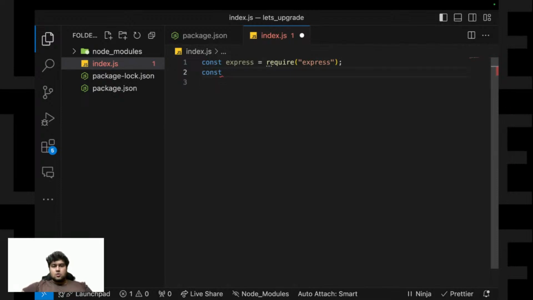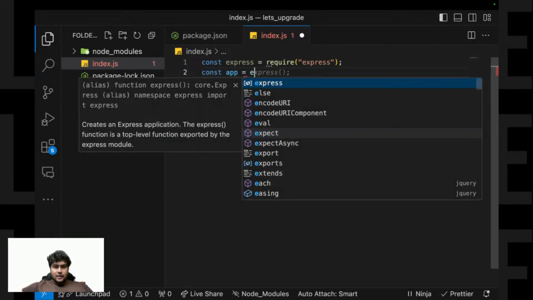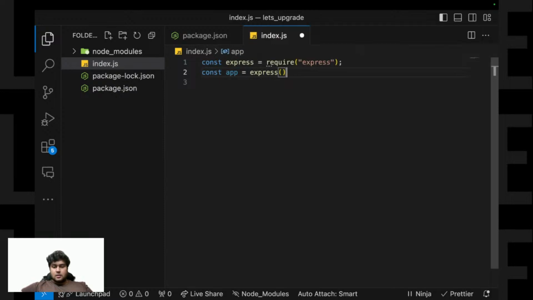Okay, so I have to create the instance of this Express. So how do I do that? I'll say app equals express. Now it's the same way how we created the server in the HTTP module, a similar manner.